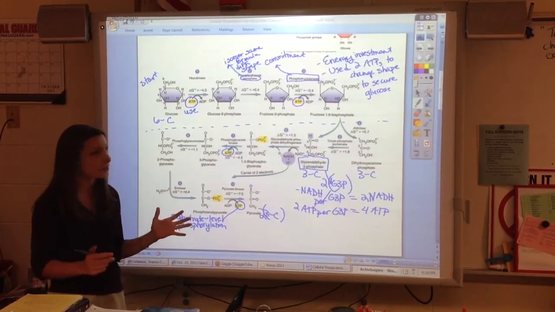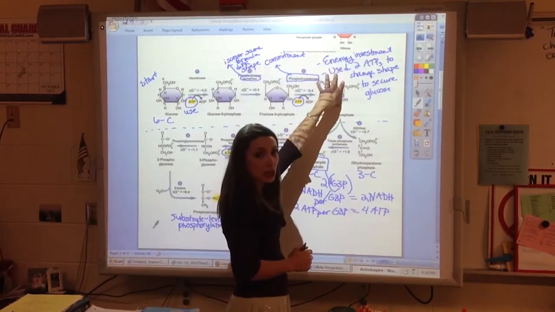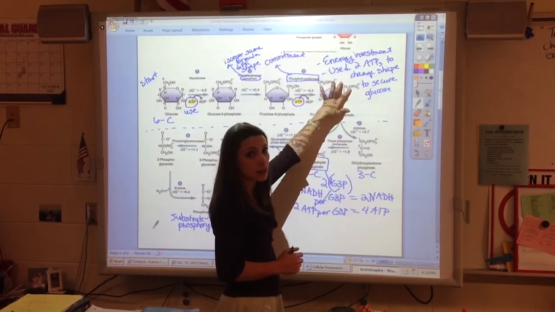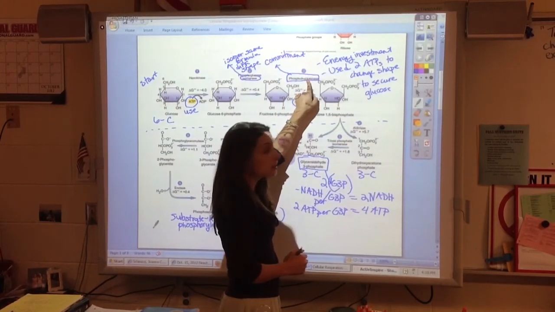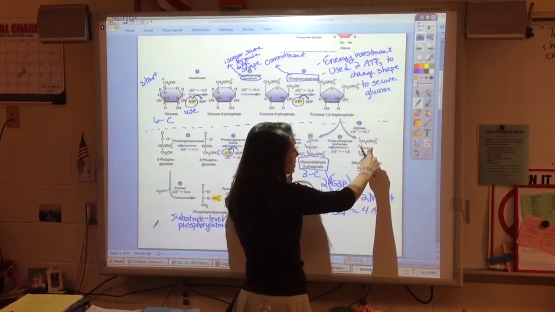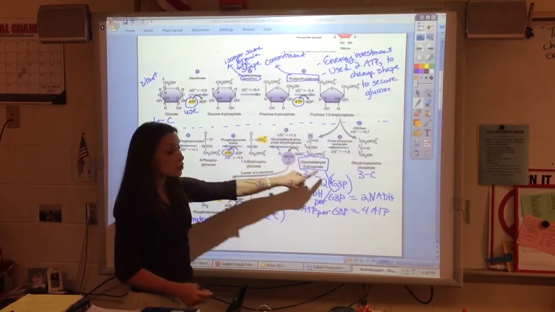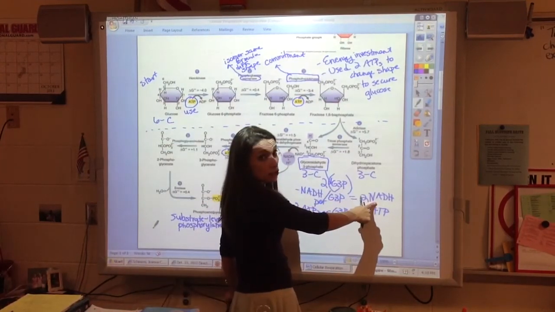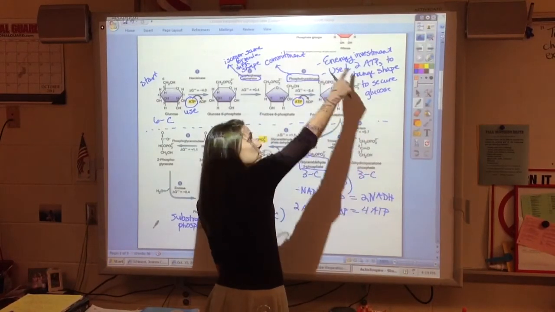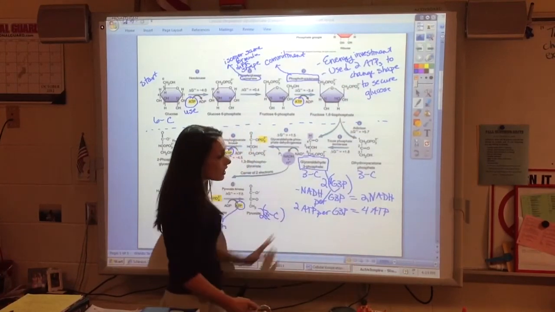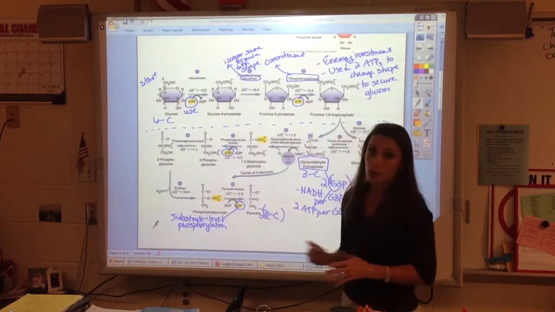So what's going on here? I start with a 6-carbon compound. I invest some ATP to change the shape so that I have a slightly different shape. It can't leave the cell. I commit once I go through step 3 with this enzyme phosphofructokinase. Then I split into 2 3-carbon compounds, each of which makes 1 NADH, 2 ATP. 2 G3Ps really gives me 2 NADHs. 2 G3Ps really gives me 4 ATP. So I've invested some ATP, I've produced some ATP, and I've definitely produced 2 electron carriers. And here we have our 2 3-carbon compounds.